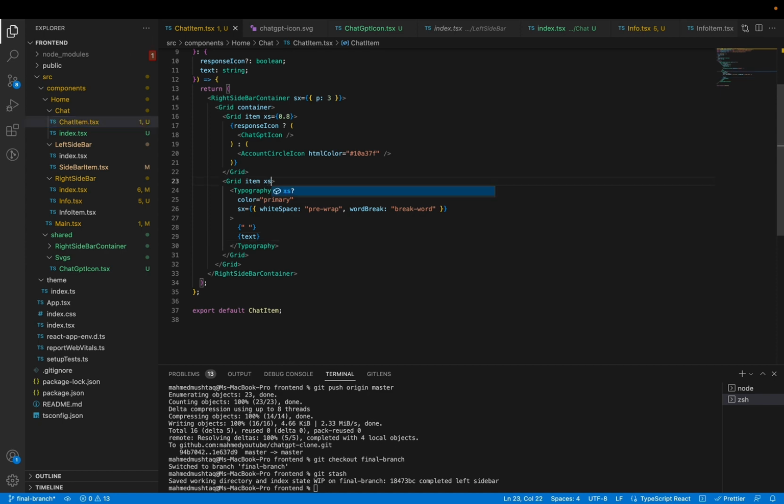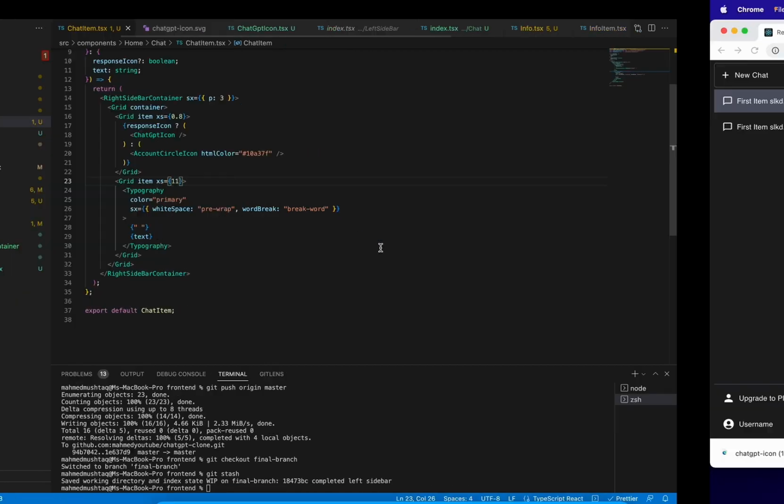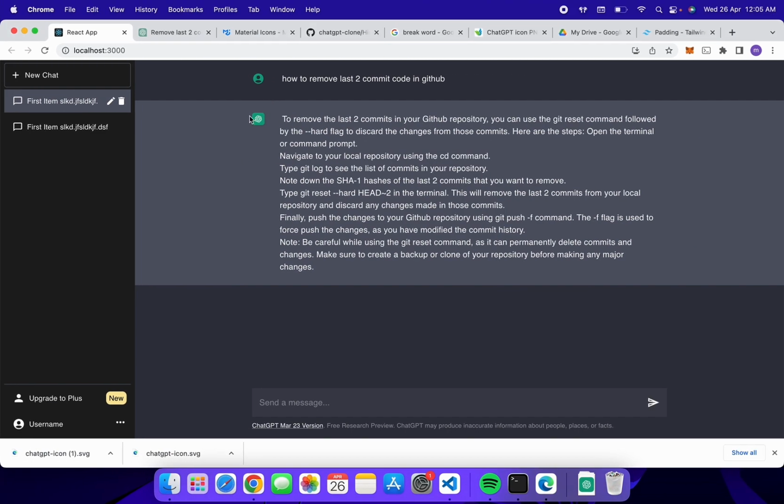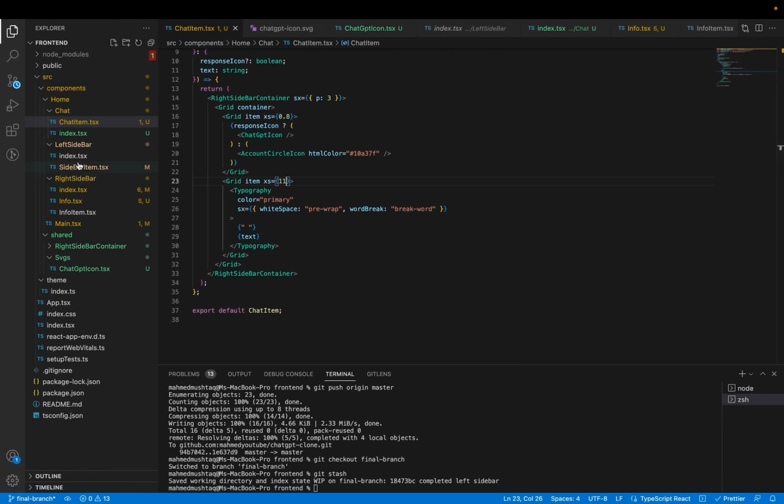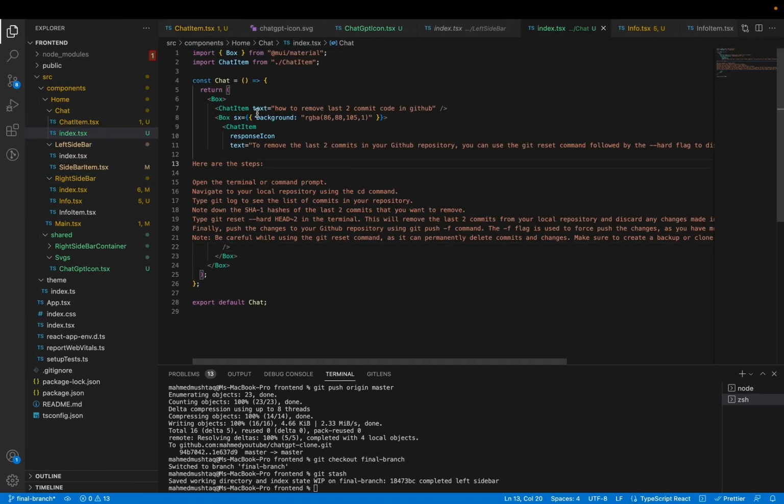One more thing, I think I forgot to add 11. Okay, you can see that after it, we need to make sure that this section scrolls properly and does not overlap the bottom input box. For this, go to your code and add this property here,